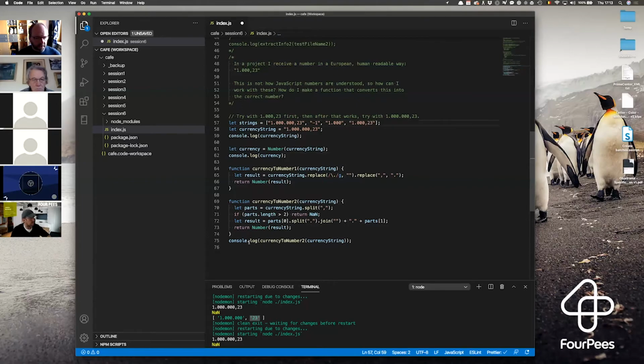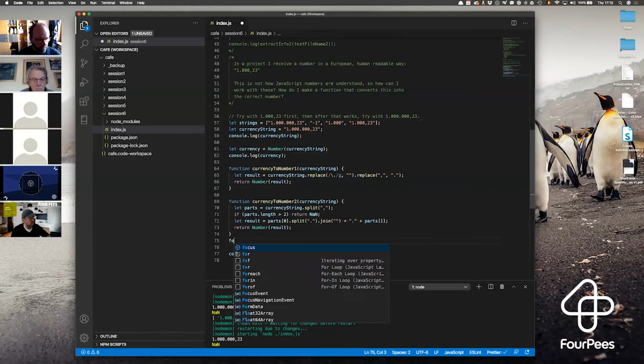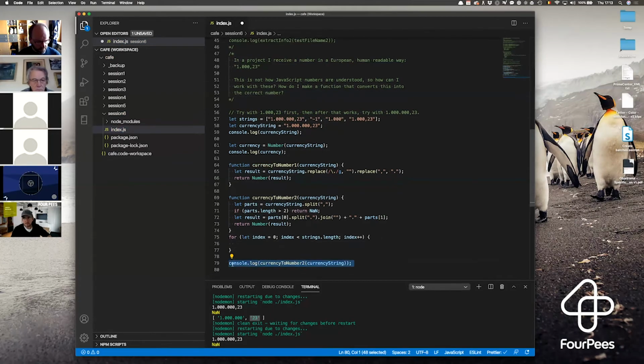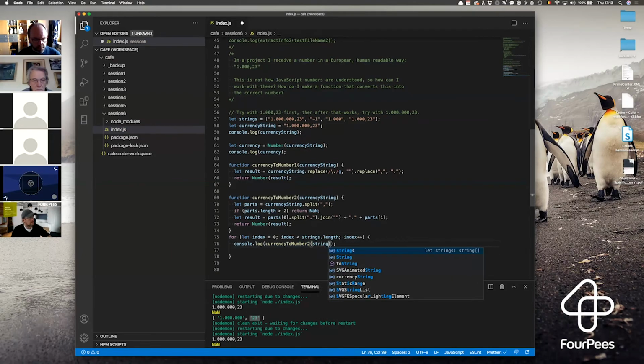And instead of just doing this, I could then use a classic loop. So, and then we're going to have this thing in here, and this should then be,